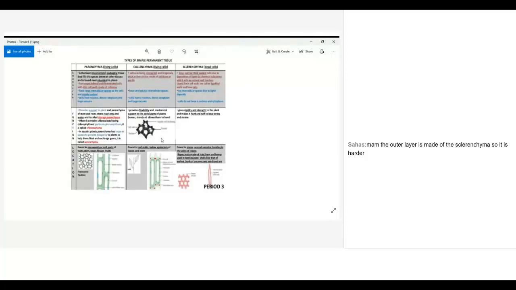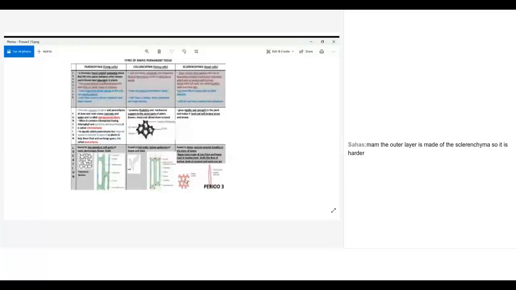In sclerenchyma we have fibers, elongated ones, then closely packed sclereids. Okay. So in jute, cotton, hemp, you will find fibers, and in the husk of coconut and hard seed coats you will find sclereids. So basically they are for giving rigidity, or you can say mechanical support, to the cell where they exist, the sclerenchyma. That's why they are dead cells.